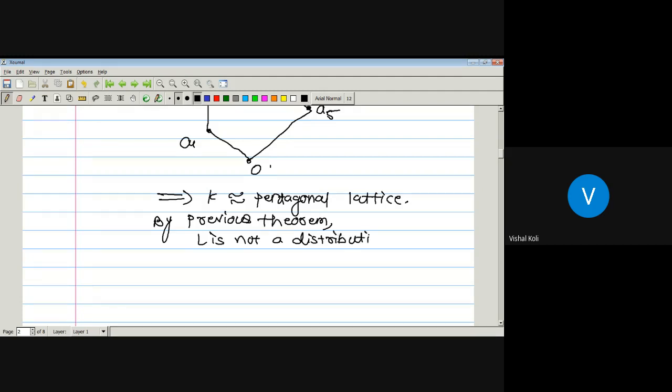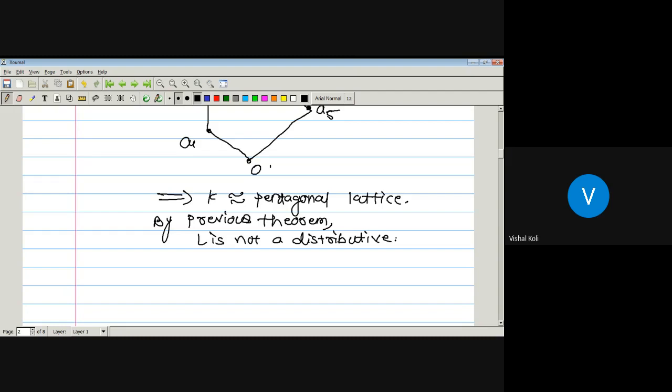What about complementary lattice? Whether it is a complementary lattice. Any lattice is said to be complementary if it is bounded and every element in that lattice has a complement. Whether this one is bounded, as 0 and 1 are the least and greatest elements, it must be bounded. Now the second condition is we have to check whether every element in lattice L has a complement.